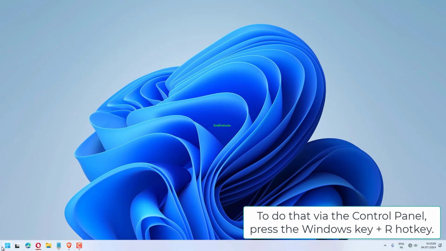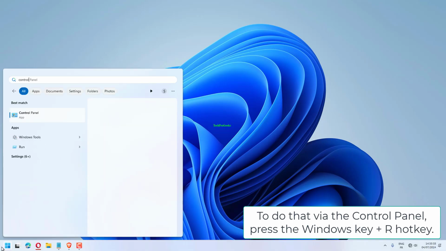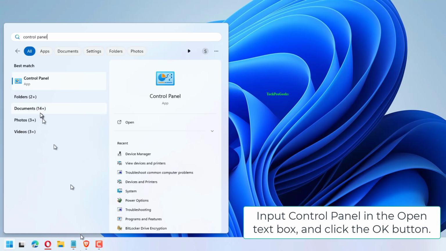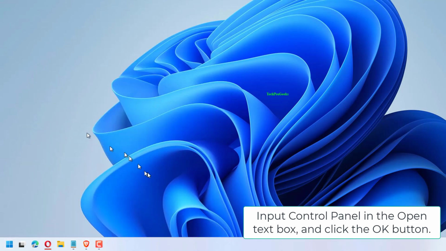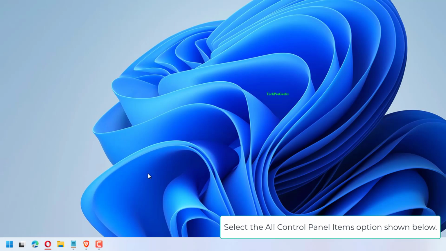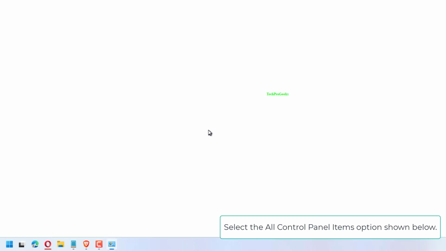To do that via the Control Panel, press the Windows key plus R hotkey. Input Control Panel in the Open text box and click the OK button. Select the All Control Panel Items option shown below. Click